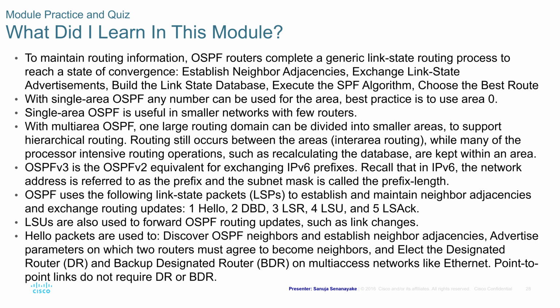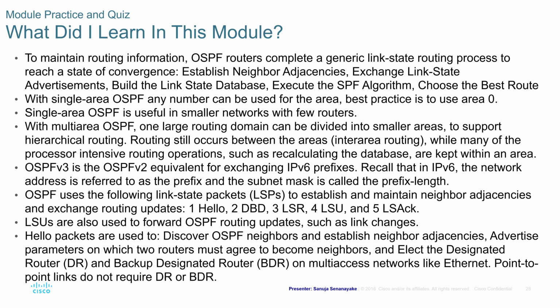While many of the processor-intensive routing operations, such as recalculating the database, are kept within that area. OSPF version 3 is the OSPF version 2 equivalent for exchanging IPv6 prefixes. And recall that in IPv6, the network address is referred to as the prefix and the subnet mask is called the prefix length. OSPF uses the following link state packets, also known as LSPs, to establish and maintain neighbor adjacencies